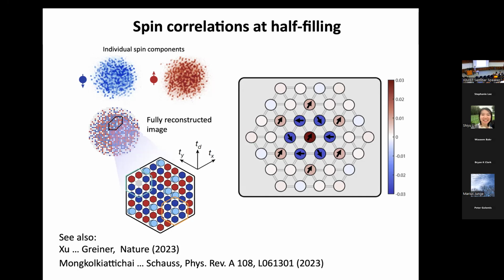Yes? When you do your Stern-Gerlach and separate your 2 layers, are you separating them in the transverse image plane? Is your field of view large enough that you don't really? No, it's in the vertical. Yeah, so basically we split up the image and we have two sets of lenses that are focused on the different layers.